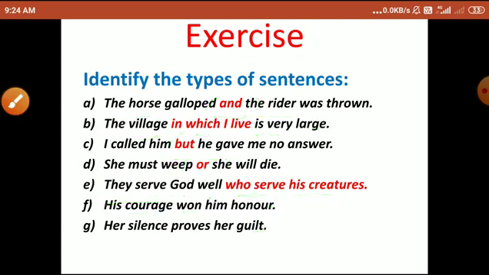So based on these things, we can easily understand which sentence belongs to what category. We must know well what coordinating conjunctions and subordinating conjunctions are. Our next discussion would be about transformation of sentences. I hope this will become easy for you now, because we have discussed in detail all the required things that are necessary for this topic. I will be discussing the next topic in the coming lecture.